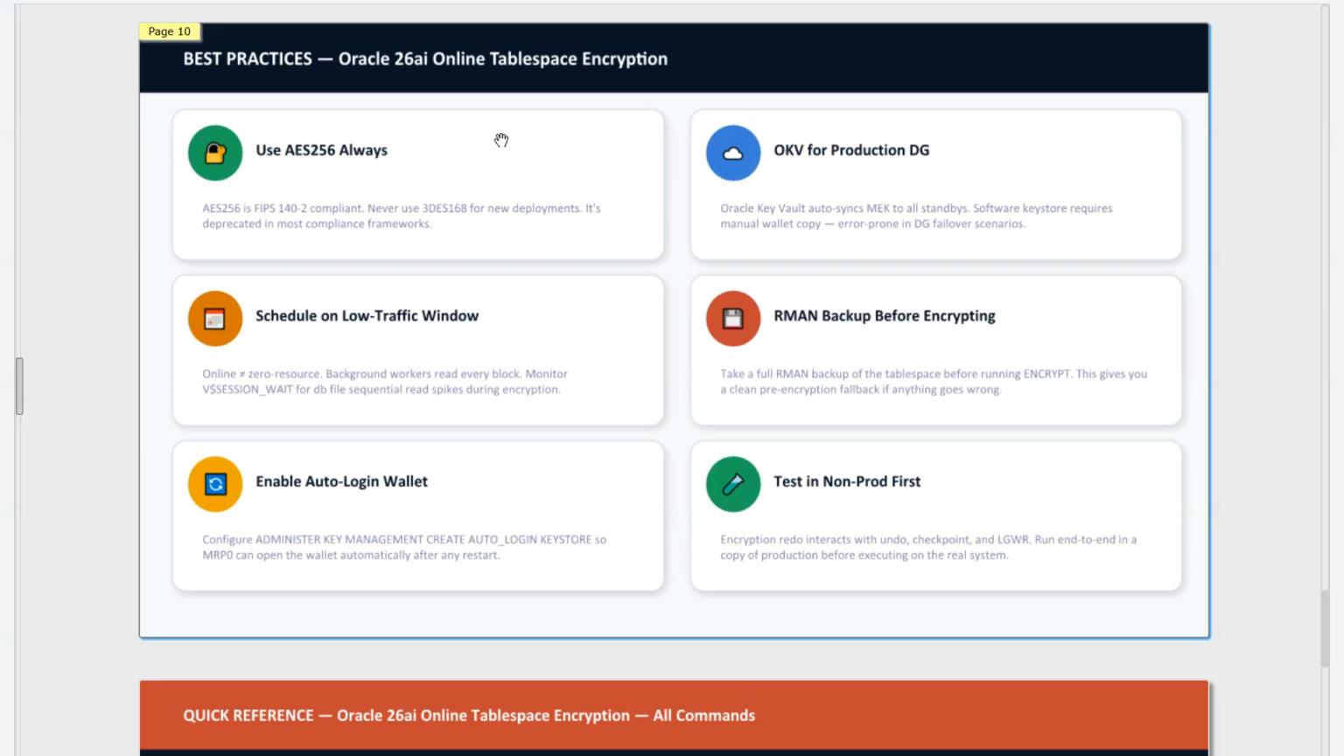Alright, so the bottom line: Oracle 26ai online tablespace encryption is production ready, audit ready, and compliance ready. Add it to your Oracle 26ai upgrade justification list. Alright, next,